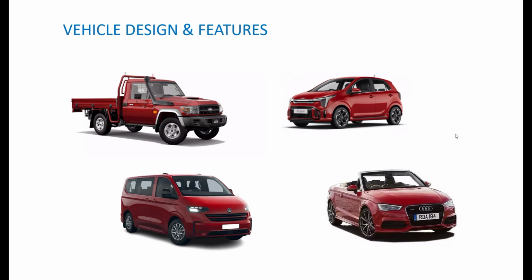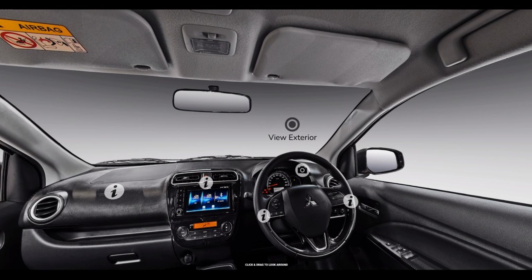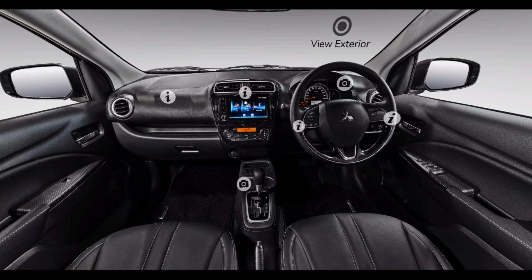So, my wife has a car, she wants a car audio system. I'm not really going to pick, her car is her car, and I need to pick the equipment that's going to work with the car, not the other way around normally. So let's go and take a look at vehicle design and features and how it impacts on your car audio system choices. So guys, we're going to take a look at a few car interiors, and I'm going to use